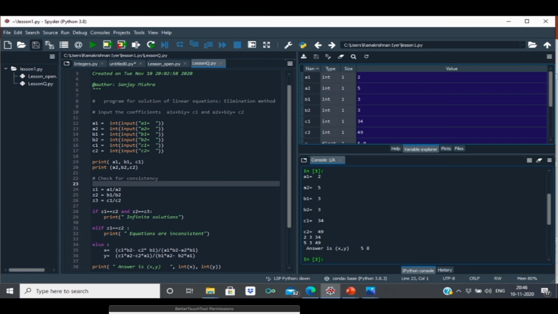Now we go to elif: we check whether Z1 is equal to Z2, then print equations are inconsistent. That means only Z1 is equal to Z2, but Z2 is not equal to Z3.